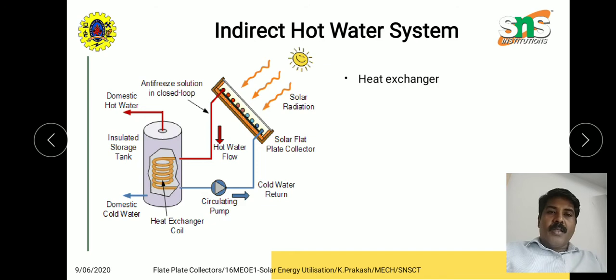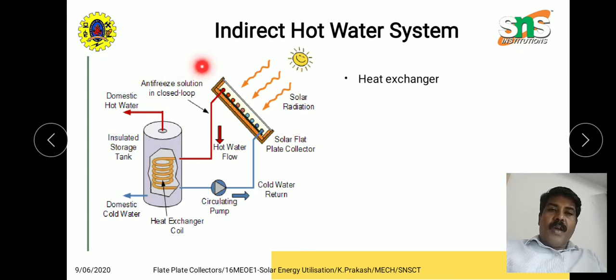Here there are two cycles. One is the circulating fluid, which goes through a single cycle, and there is another, the domestic water, which comes inside and goes outside. So there are two different loops available. The loop starting from here comes upwards with the hot water. Here the fluid is heated, and there is a heat exchanger where the heat is transferred from the hot water to the domestic water, which is used for our purpose.